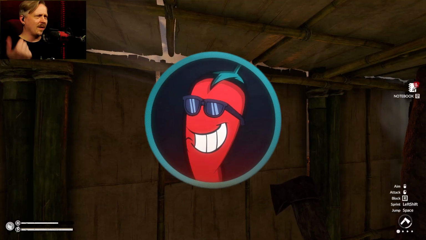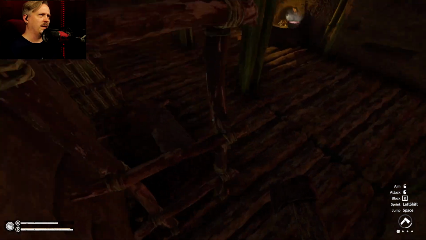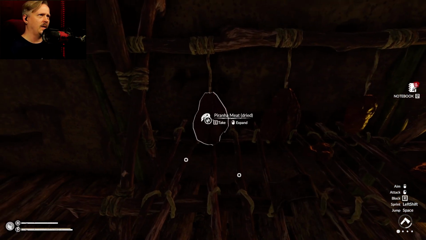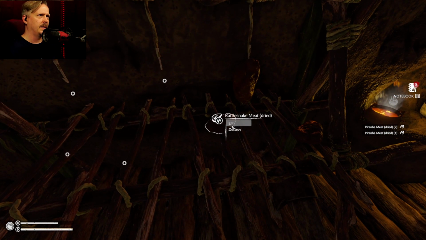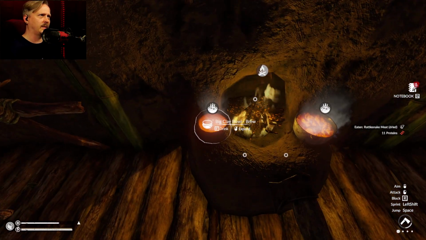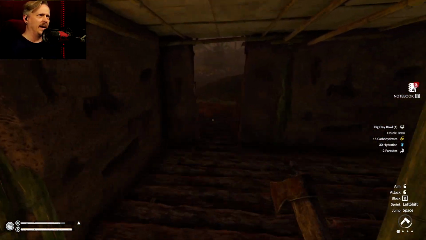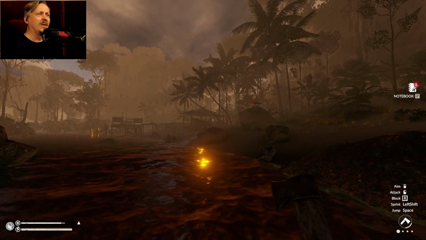Welcome to another lovely day in green hell. It is very early in the morning. It is raining, which is okay because what I'm going to do is come here and take this piranha meat, because it's the last stuff I put up there to dry. Eat that one. I'm going to go ahead and drink this brew from my big clay bowl, so I can take the bowl. And now, with all that done, I am heading out into the jungle because I want to